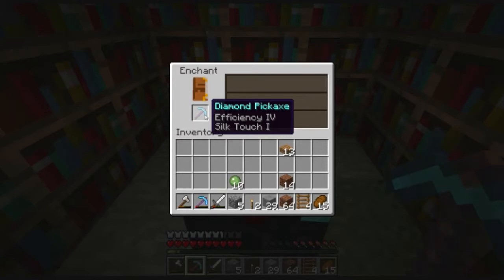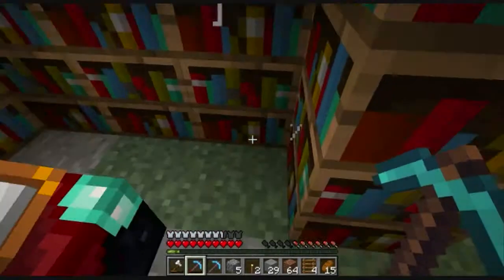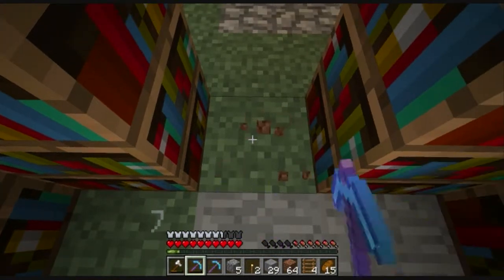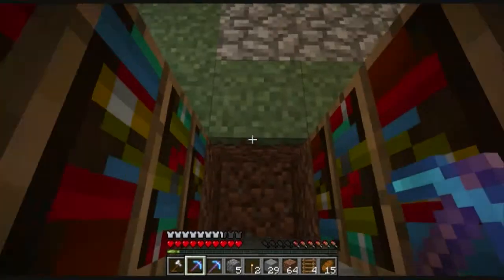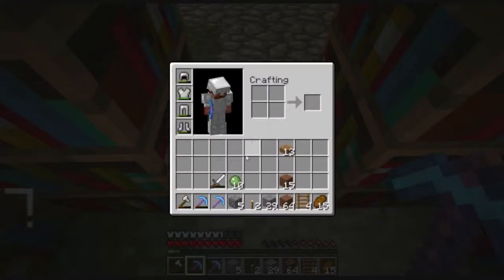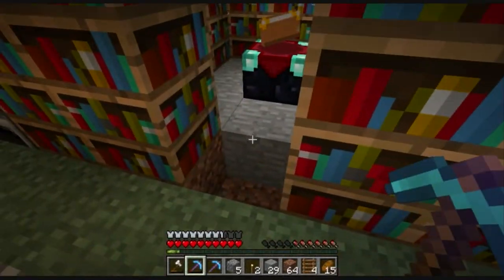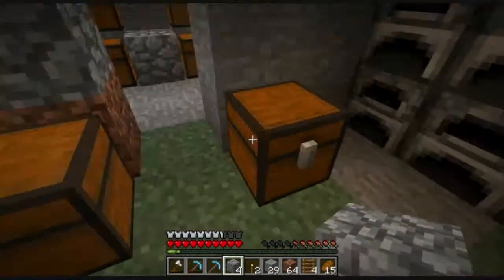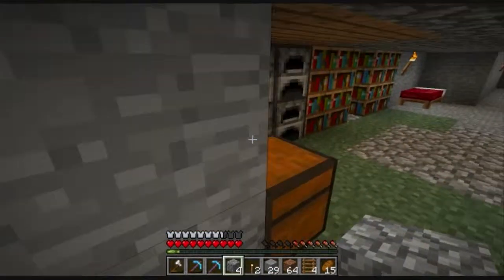Silk Touch, Efficiency 4. Not great, but it's okay. That will at least allow me to... And close your eyes, guys, if you don't want to... Oh, it doesn't work on grass. Look at that. Interesting. Oh, no, I'm thinking of the wrong pick. Excuse me. Pretend that never happened. But, Efficiency 4, Silk Touch. Alright. I was thinking...